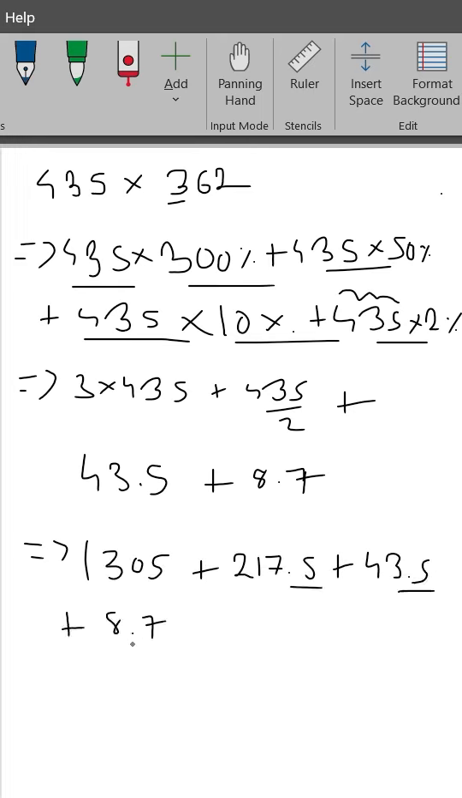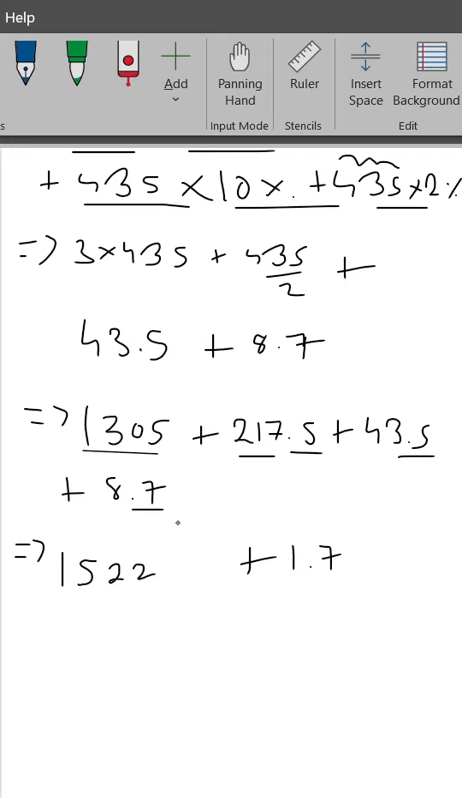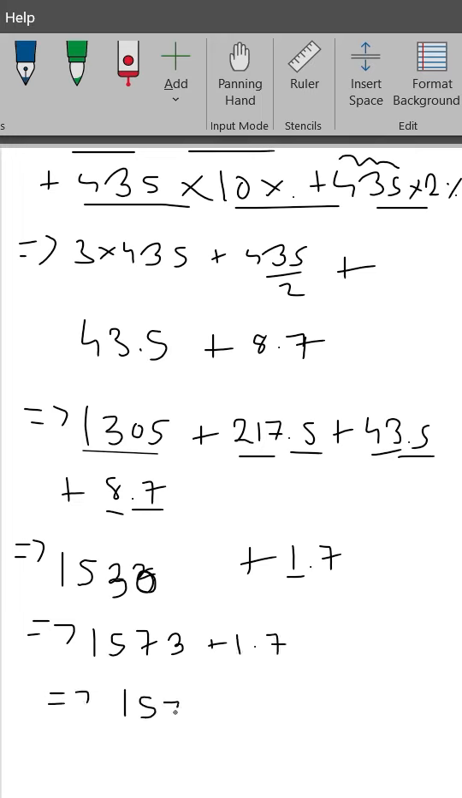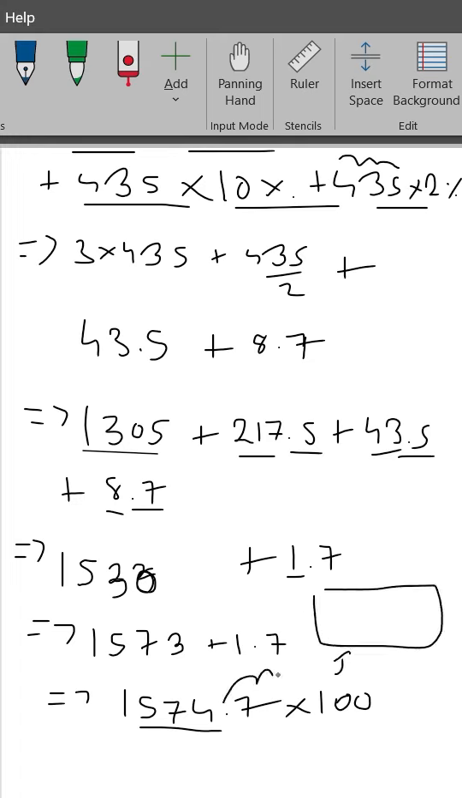So whenever you have a lot of decimal points over here, take them separately and take the whole number separately and add them. So plus 1.7, and you get your final answer as 1574.7. So when you multiply this with 100, you'll get the final answer as, you just shift the decimal point 2 places, right? So you'll get